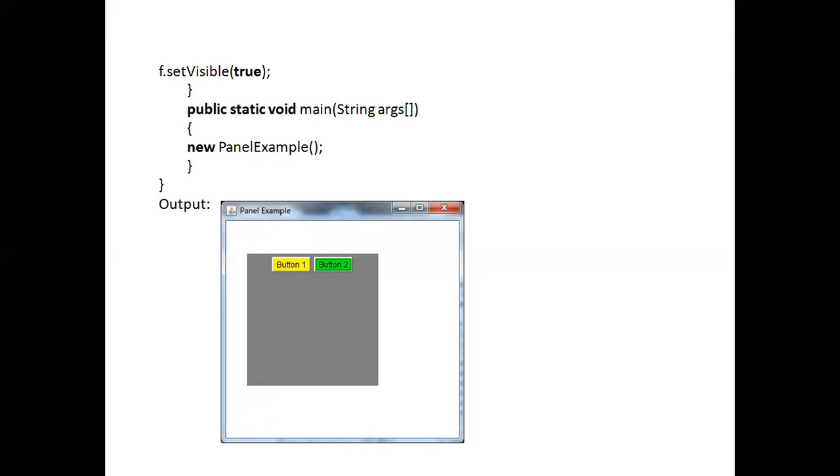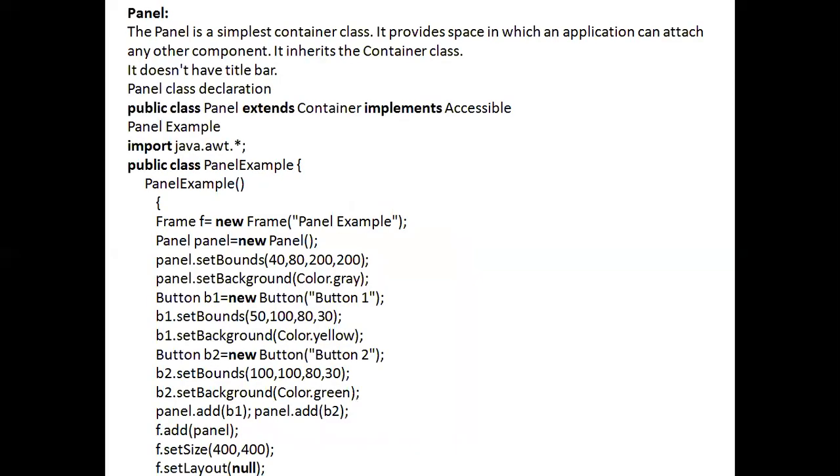The color of button 1 is yellow, and button 2's color is green. So we have to set all of these according to our wish.